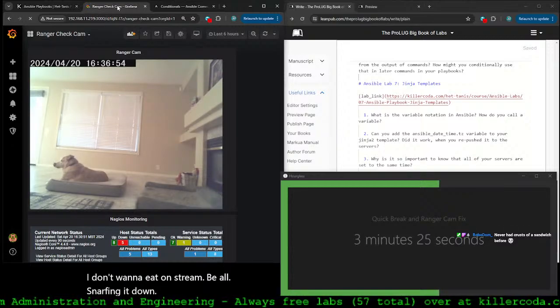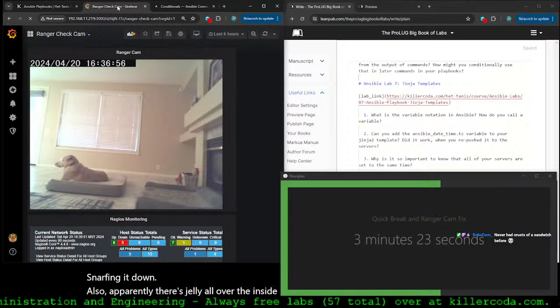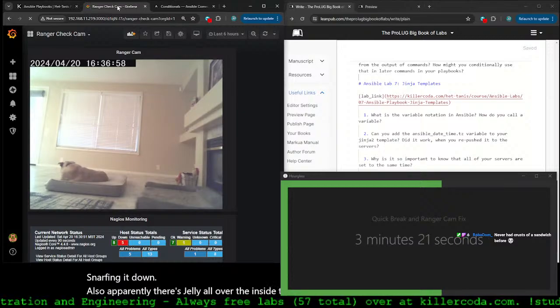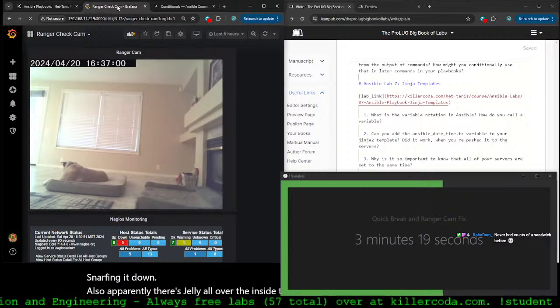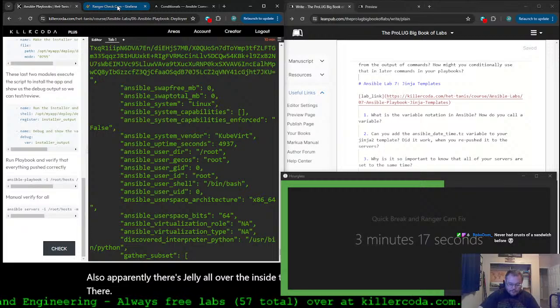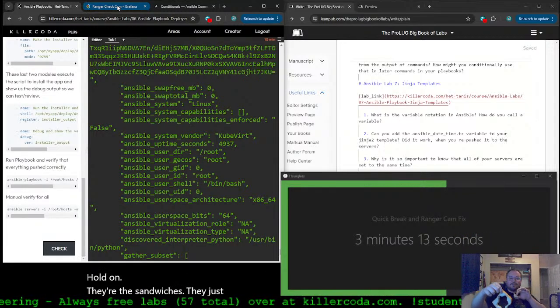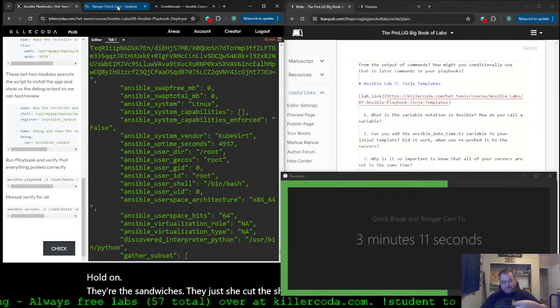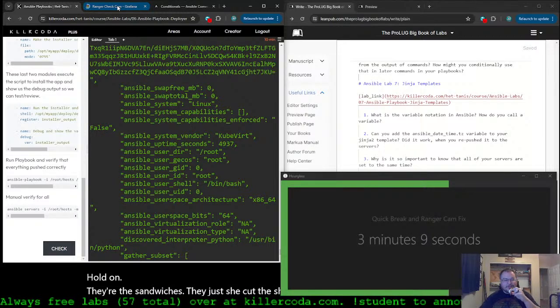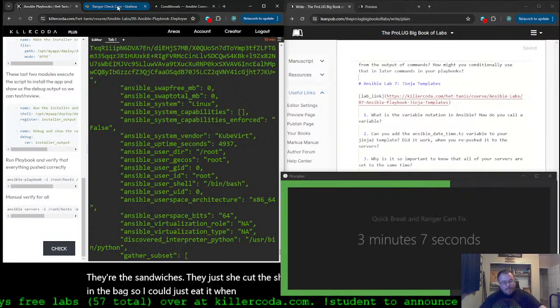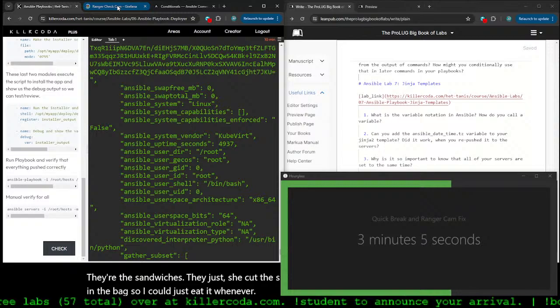Also, apparently there's jelly all over the inside of the bag, so I gotta go wash my hands too. Hold on. They're the sandwiches. She cut the stars out of them and then put this in the bag so I could just eat it whenever. So I'll be polite, but